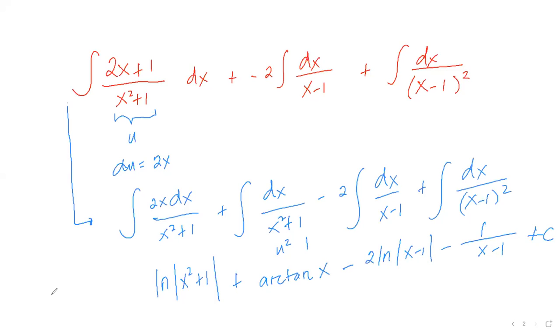So class, actually, the final answer could be written in this form. Arctan of x, although this one is correct already, I'm just simplifying it, plus the ln of, this is your x squared plus 1. This 2 becomes the exponent of this, and this entire thing will be in the denominator. So x minus 1 quantity squared,